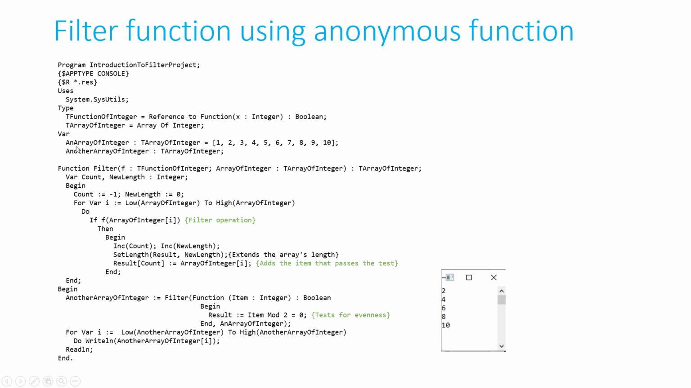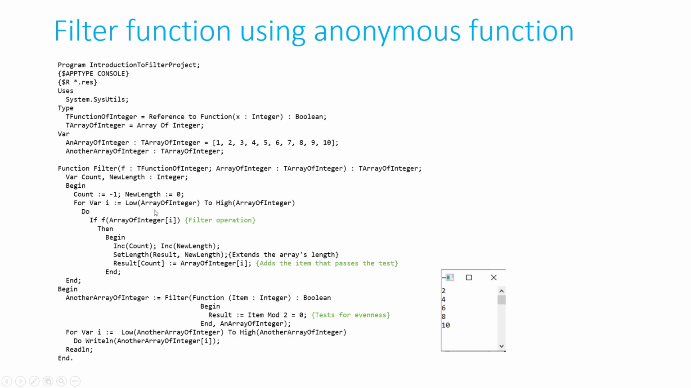We create a reference, an array of integer, to a dynamic array, and it's initialized here in two stages. The first stage is to grab enough memory to store 10 integers, and the second stage is to store these specific integers in the allocated memory. We have a dynamic array reference, another array of integer, which hasn't been initialized yet. We have a filter function